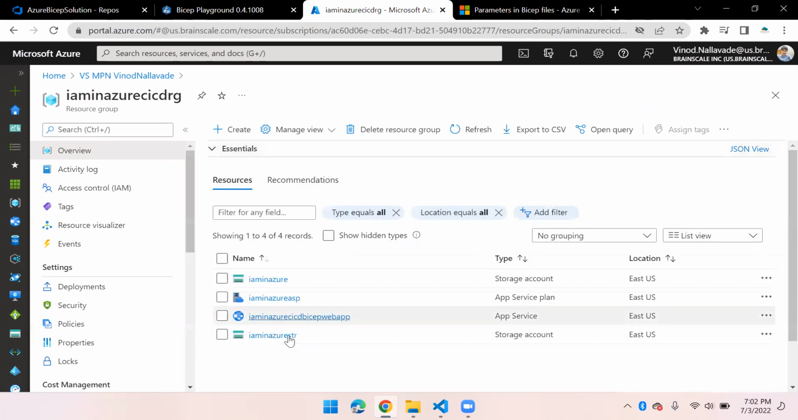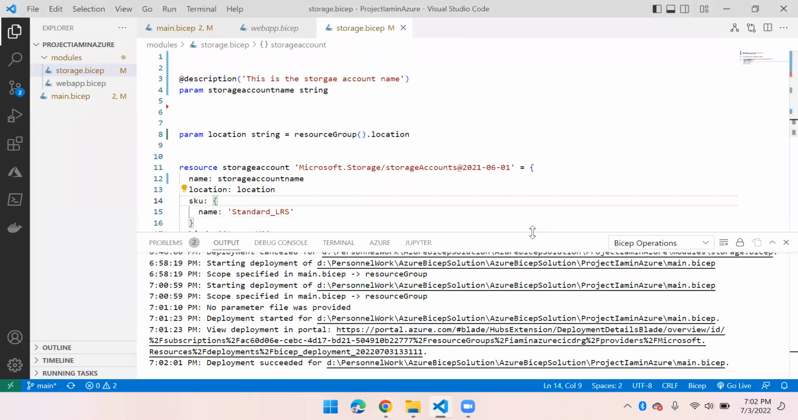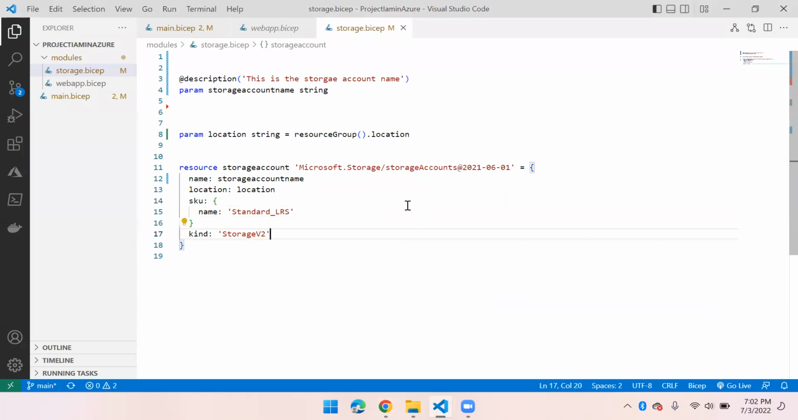Yeah, there you go. You have 4 resources now. This is the new resource that's got created. Okay, now we're gonna add the if condition to this. So